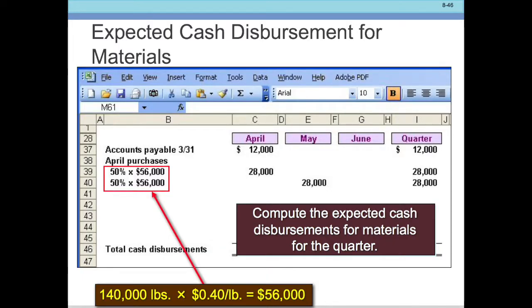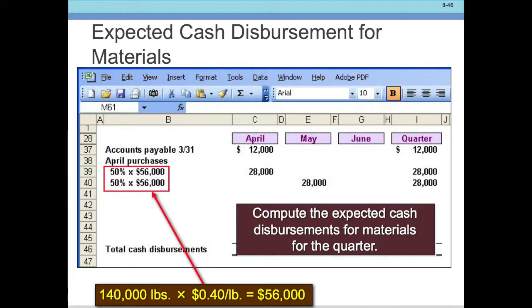April purchases were split between paying for half of them in April and half of them in May. So as we can see here, April purchases of 56,000. That's 50% of the 112,000. Where did we get the amount? Well, it was 140,000 that we needed from the previous production budget, the materials budget, and then it's at 40